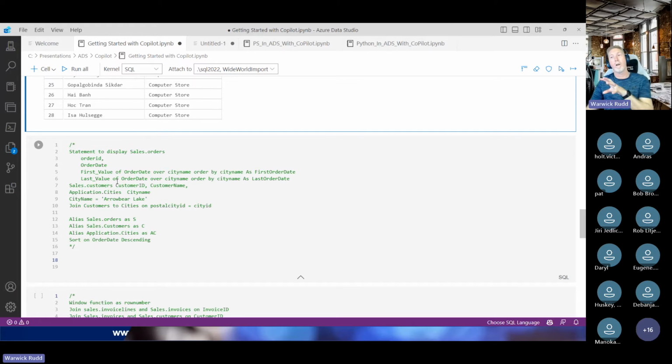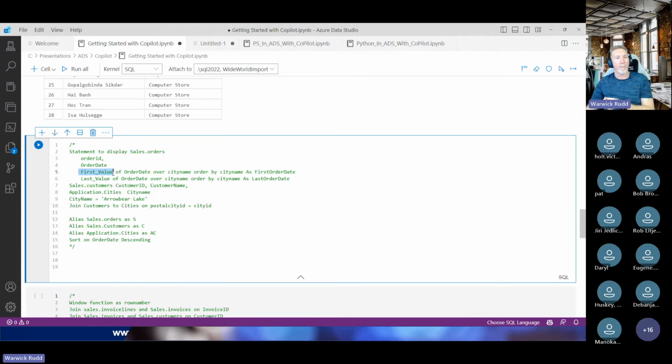Now this is one, and we had a lot of discussion around this one, because the type of function that we're using is very specific on what it needs, but you might not know what that looks like. Okay, so if you're like me and you're typing,